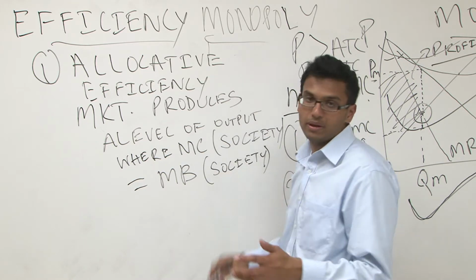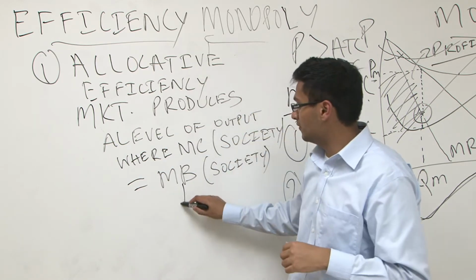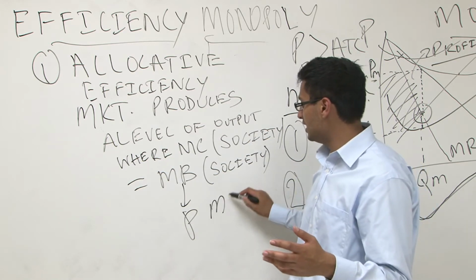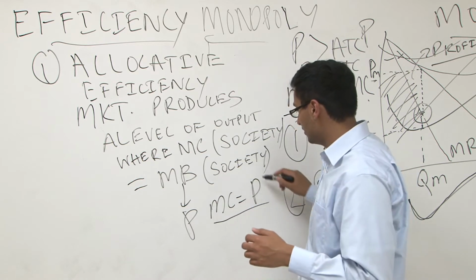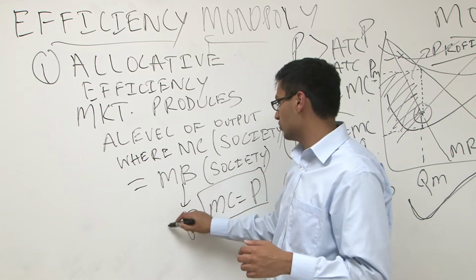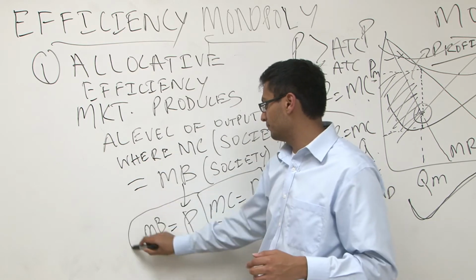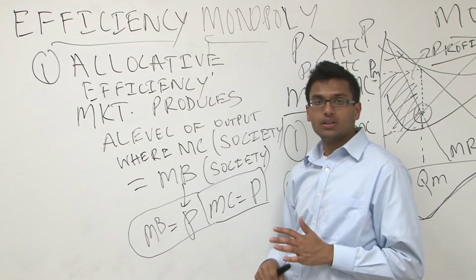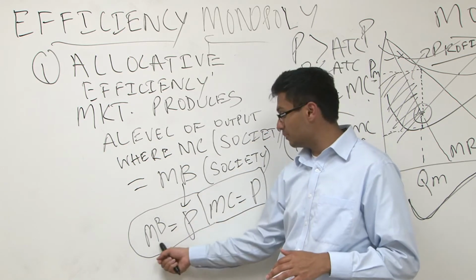Marginal benefit to society, think about it. If you're buying something or selling something, the marginal benefit is going to be viewed as price, or P. In other words, if MC equals P, which equals MB, then you're allocatively efficient. So the formula is if your MC is equal to P, or if MC equals MB,